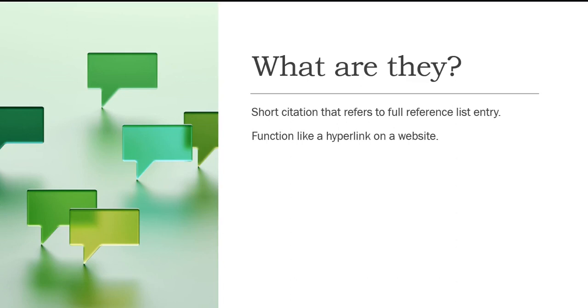As an example, you can sort of think of them functioning like hyperlinks on an online article. When you read an article online, these sometimes lead the reader to more information or a different source that backs up their claim. And this is what in-text citations do. They allow the reader to find more info about a claim or information that you have in your writing.